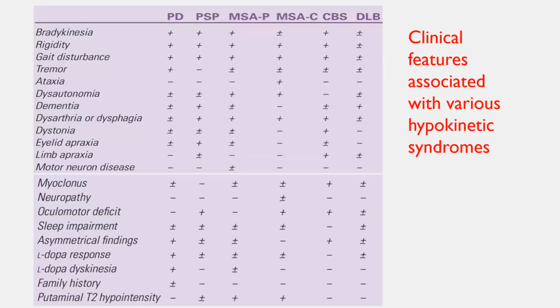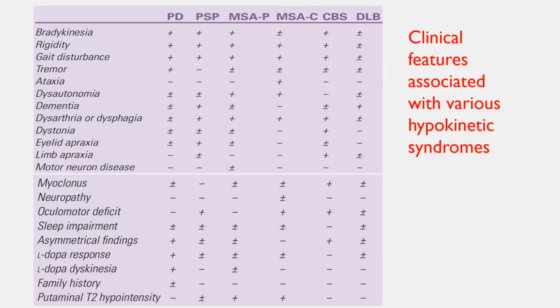So, clinical features. Whenever you are examining a hypokinetic patient, or taking the history of a hypokinetic syndrome, you need to ask for bradykinesia. In the history you can also ask whether there is slowness of activities, any tightness of the limbs, gait disturbance, tremors, ataxia, any autonomic dysfunctions, cognitive dysfunctions, speech difficulties, dysphagia, dystonia, eyelid opening difficulties, apraxias, any associated signs and symptoms of motor neuron disease,